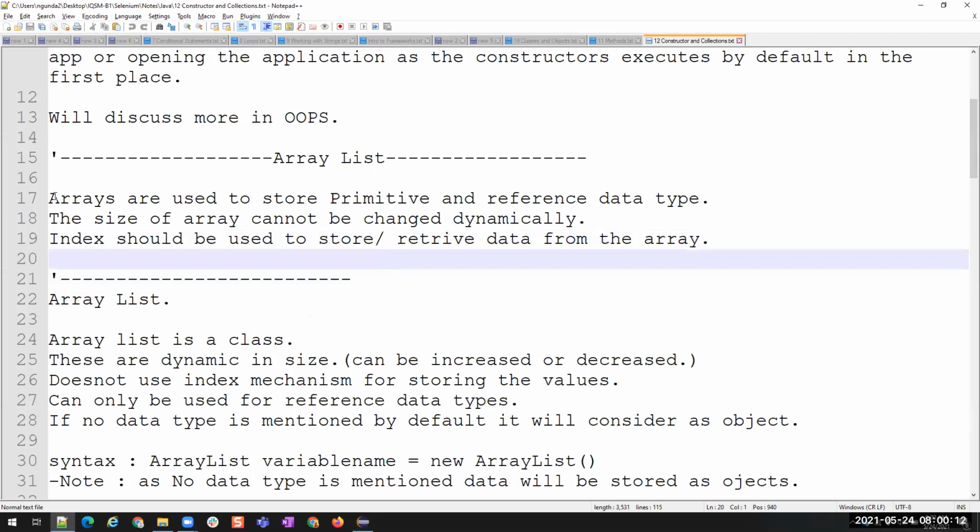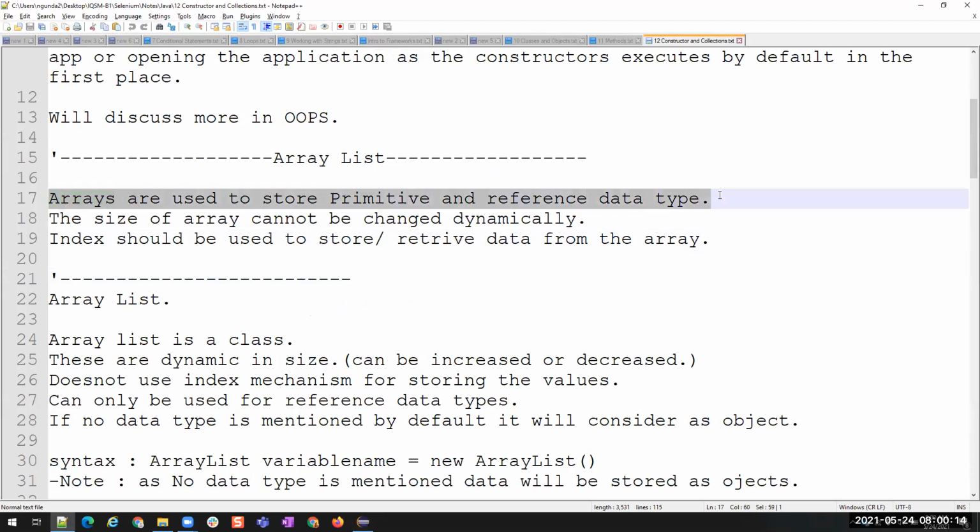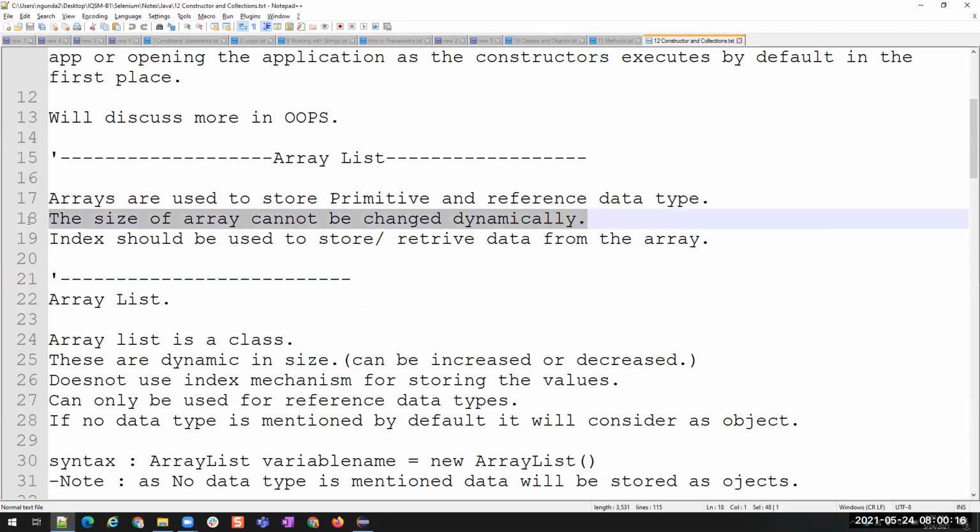Okay, so you see, arrays are used to store primitive and reference data types. Array size cannot be changed dynamically, or array size cannot be changed at runtime. Once you mention the size, that's all fixed. That will be the final size. You cannot downsize or resize arrays.